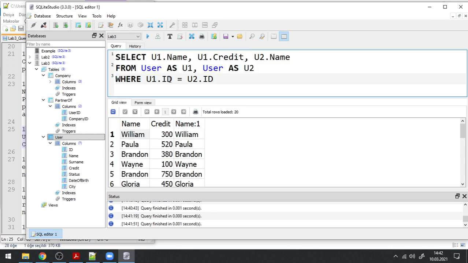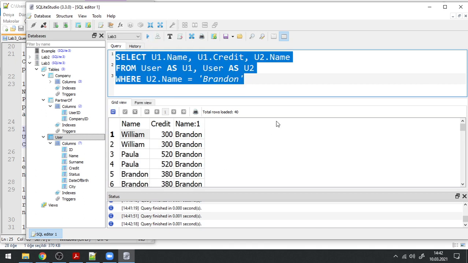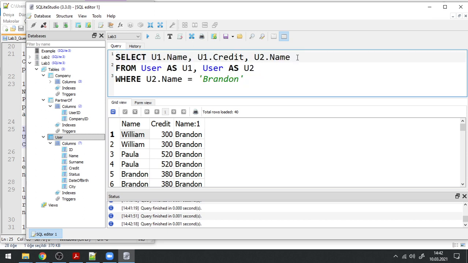What I want to do is, on one side, for example on the u2 side, let's say we would like to find the city of Brandon, or find Brandon's name here. So u2.name should be equal to Brandon. If I run this query, now on the right side I always see Brandon, and on both sides I could get the city information, for example u1.city and u2.city